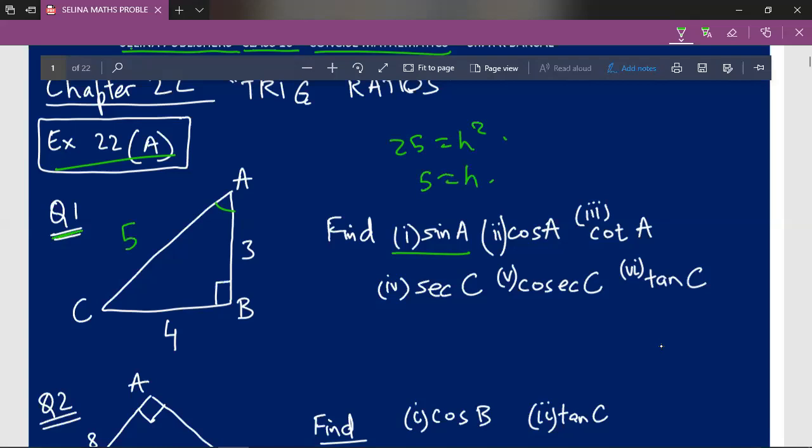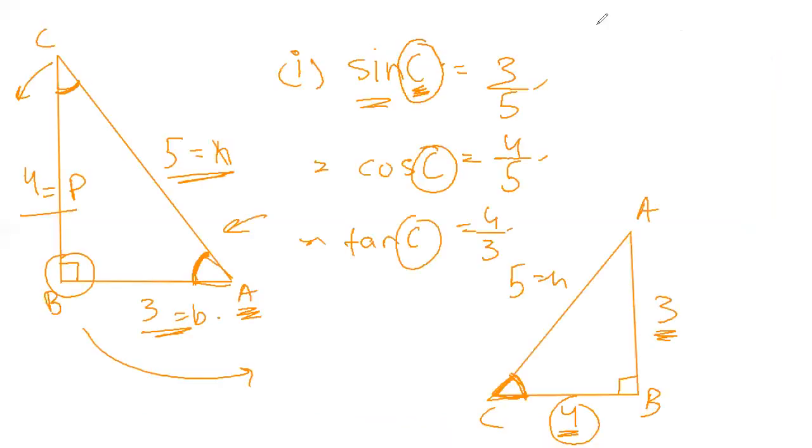So we'll write 5 here, and sine A, that is with respect to angle A, tell us sine, that is perpendicular upon hypotenuse. So we'll try to rearrange the figure. So first we will draw a figure. So say for example, we have drawn a figure, so we'll label. So once we have labeled, we'll substitute our values.